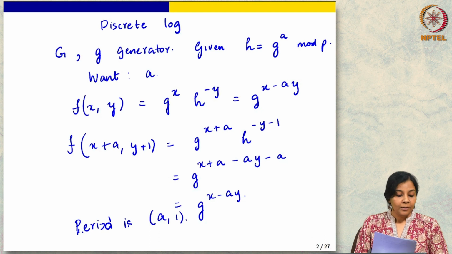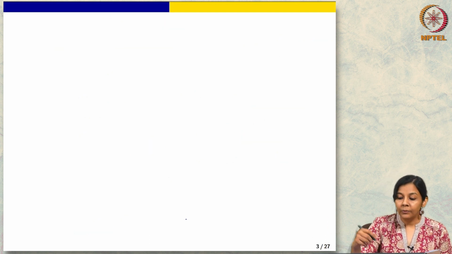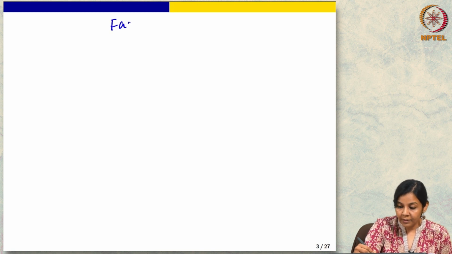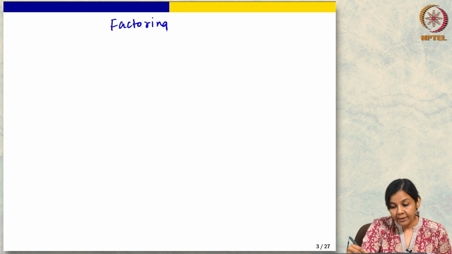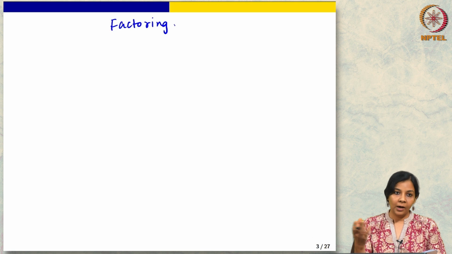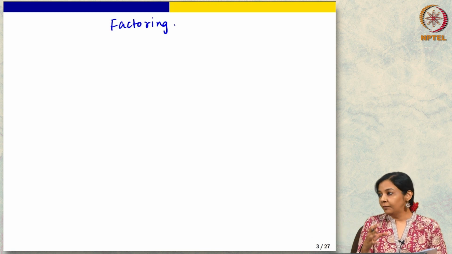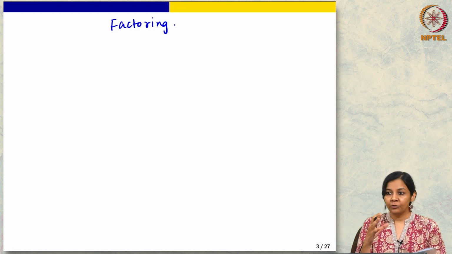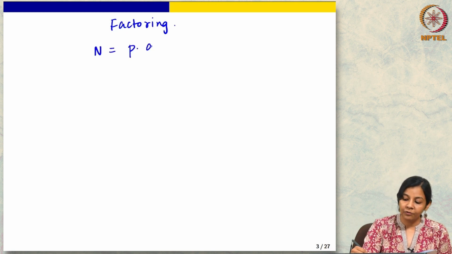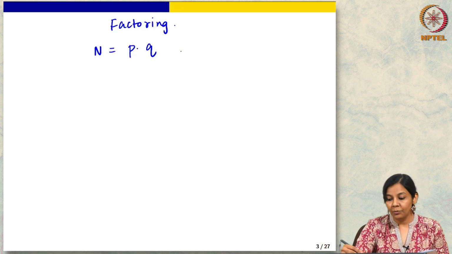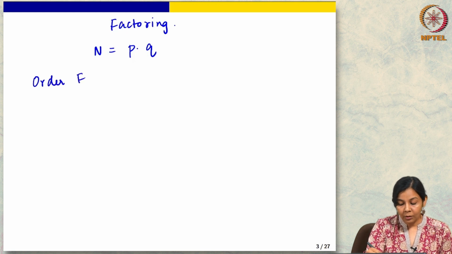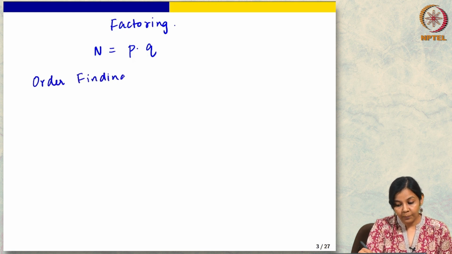All right. Okay, so next we want to look at factoring itself. So here in general the factoring problem is that you are given an integer which is a product of prime powers. For simplicity, we have been looking at the case where it is just a product of two odd primes. So here of course you have n which is the product of two odd primes p and q which you want to find. And what we want to reduce this to is the order finding problem.